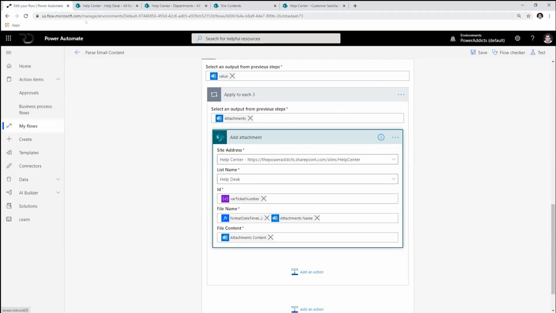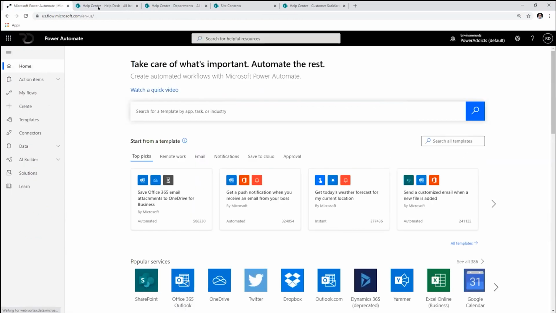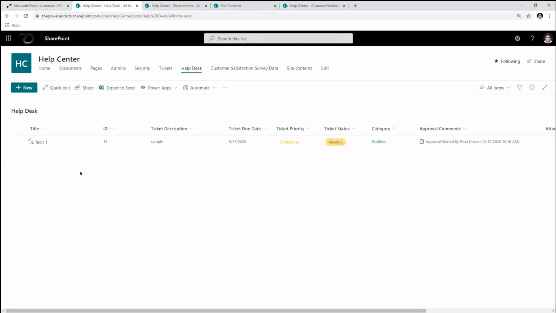Okay. Now that we've seen this, let's take some real world use cases. So the first case is right here. I have an application called Help Center, wherein users come in and put in requests. They put in ticket information related to a help desk application. The data currently is being stored in SharePoint as a data source.